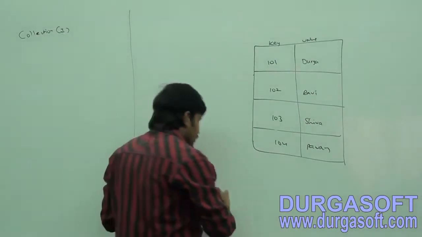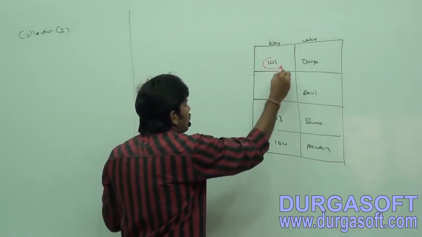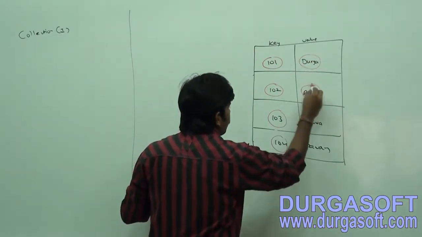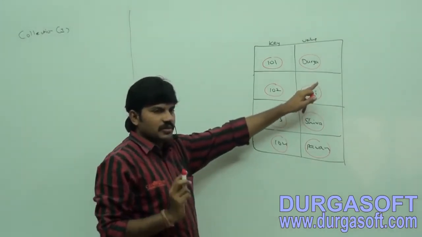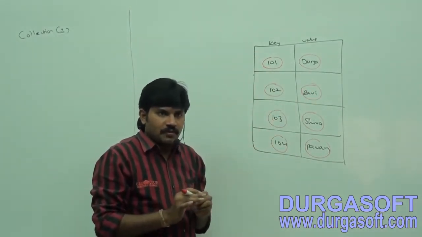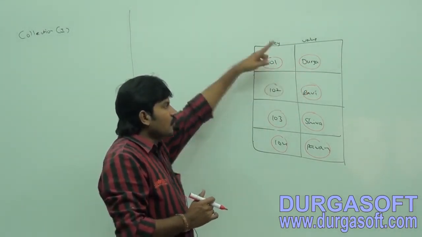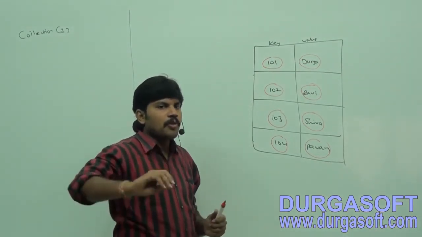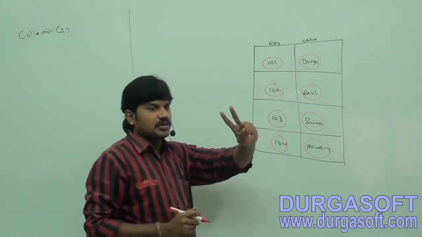Here, these things are keys, and these things are nothing but values. So keys and values. Now, do you know key and value are both objects only? Remember this one. Key is an object, and value is also an object only. Whenever we are using the word key, are duplicate keys allowed or not allowed? Not allowed. But value duplication is no problem at all.